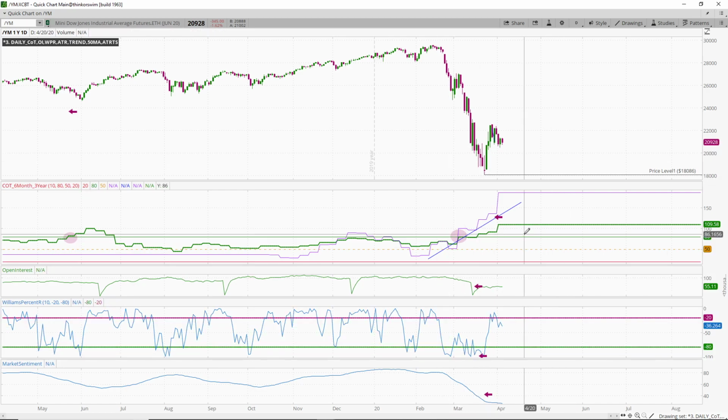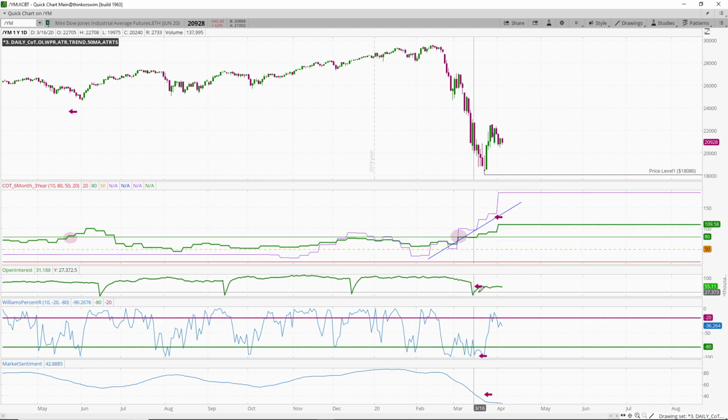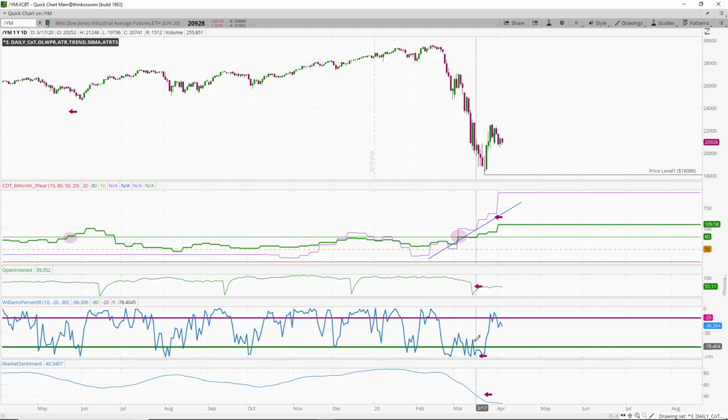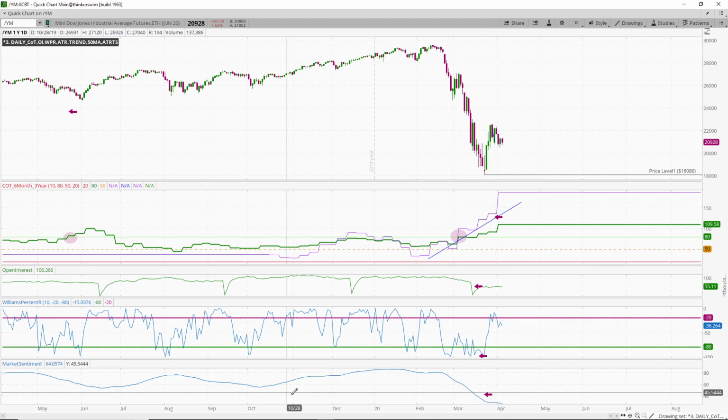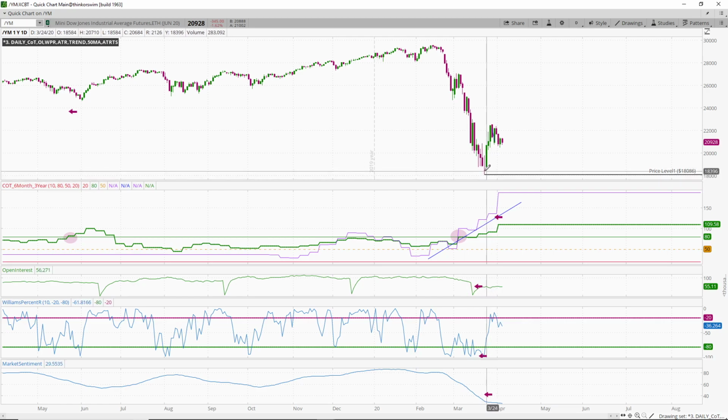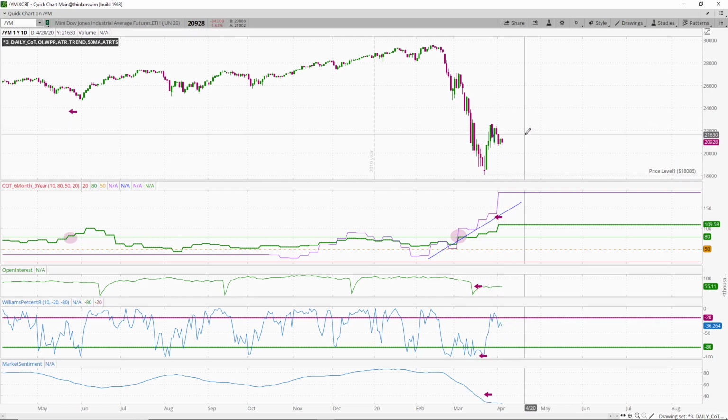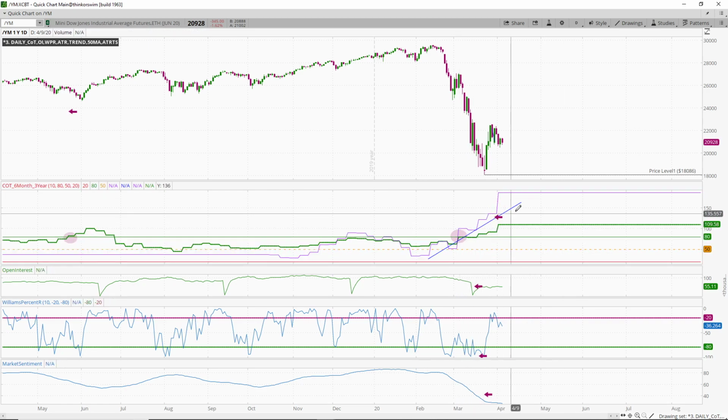So as we always do, we like to see, or we think that commercial interest likes to see, diminishing or relatively low open interest. Comms are bullish. We're in that oversold territory on WPR, and the market sentiment is either diminishing or relatively low. So this is the lowest that market sentiment has been on this chart for the last year. So this area already looks like a really appealing area to establish a long position. And commercial interest, if we aligned ourselves with them, it wasn't a bad idea.